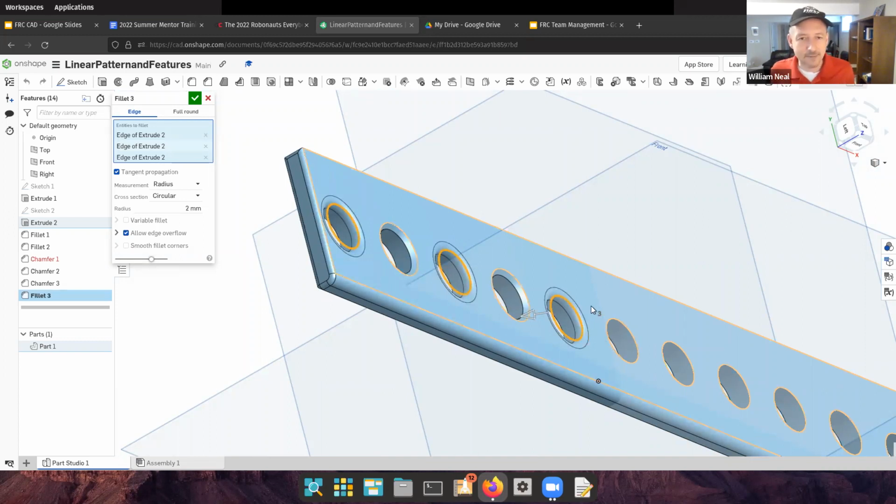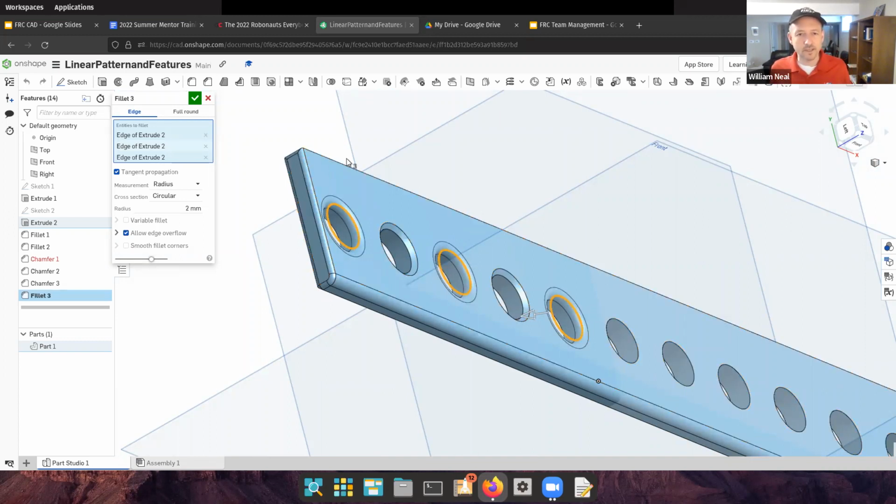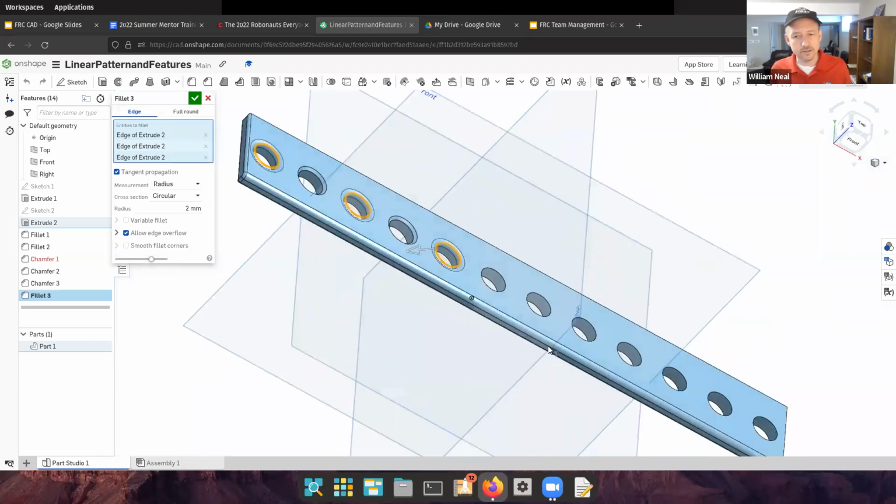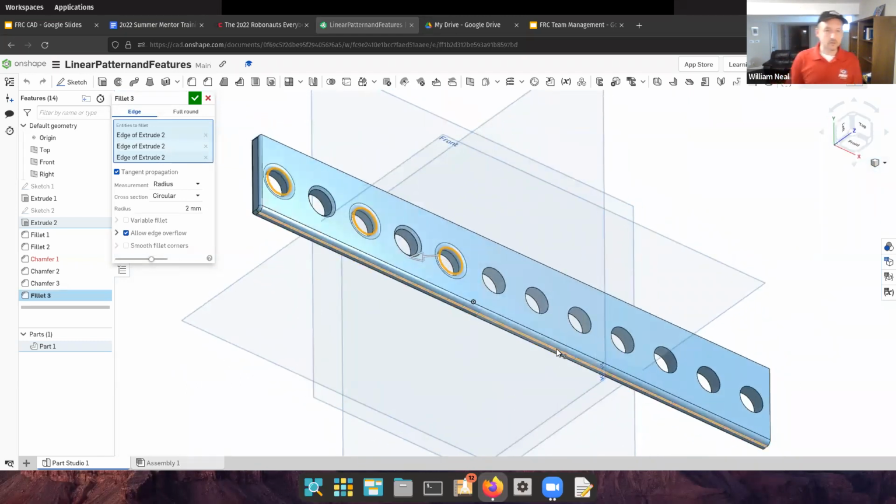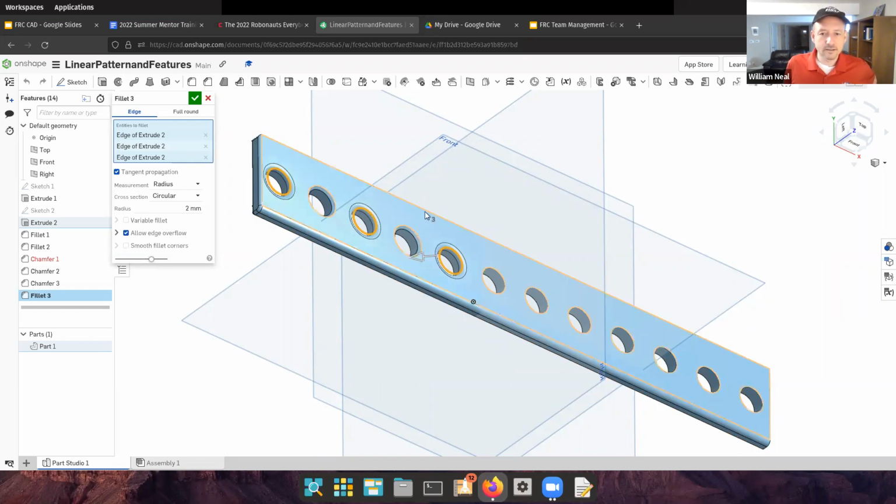One thing that can happen is sometimes where a curve meets a line or different features intersect, it may not allow you to do a chamfer or a fillet on the whole piece. You might have to do it one part at a time or carefully consider how you're going to do those features. There are some more advanced features that we can do, drafts and ribs and all of these things, and you can play around with them. The Onshape documentation has a lot of help that you may want to understand through the Learning Center